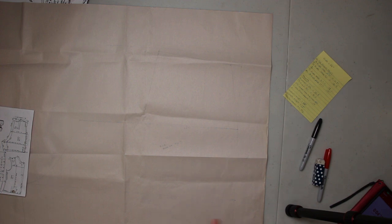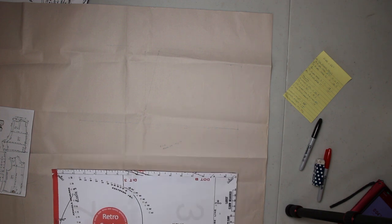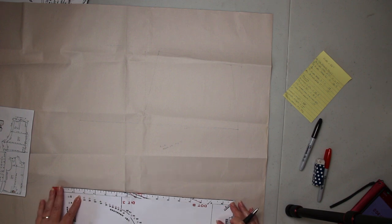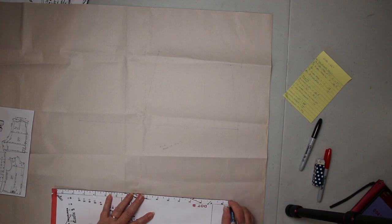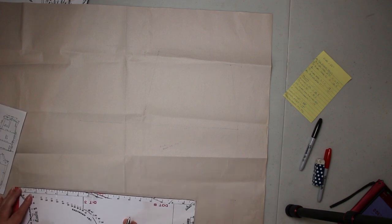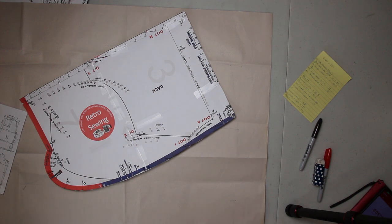I checked my measurements a few different times to make sure that it made sense. So, as my father used to say, measure twice, cut once. Then the next line we're going to draw is the one below the hip line, and that one was the 5.5 inches plus the hip line. Mine came out to 20. Draw that line. And in this case, you're going to use that full 20. And then the bottom line,